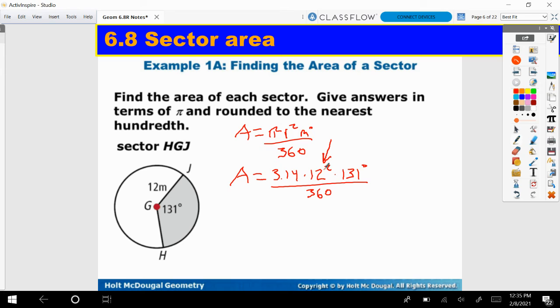You want to take your radius to the power of 2 first, right? If not, you're going to get a way different answer. So do that first. So you should end up with area is equal to 3.14 times 144 times 131 for our arc measure, all over top of 360. Then if you calculate all that, multiply everything up on top, divide by 360, you're going to end up with an area of